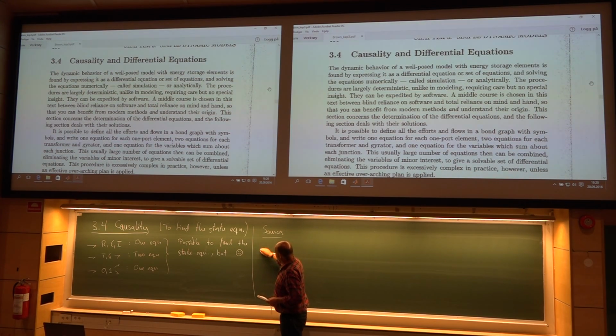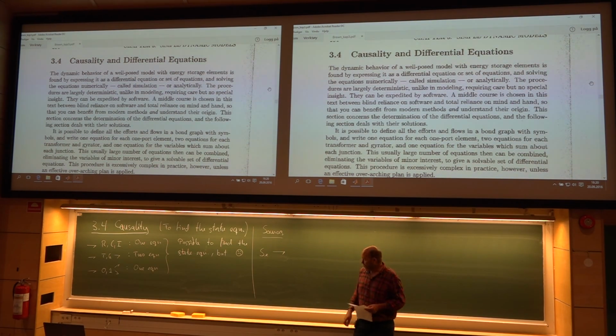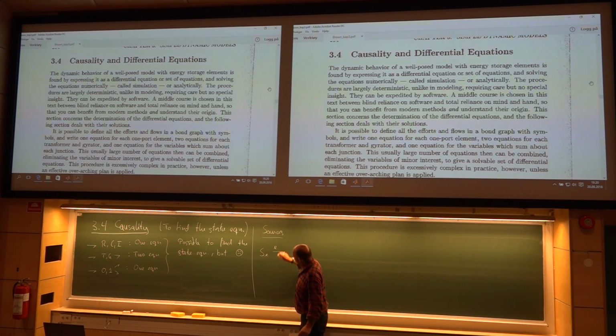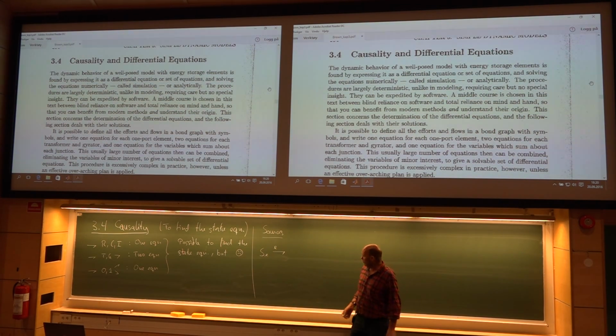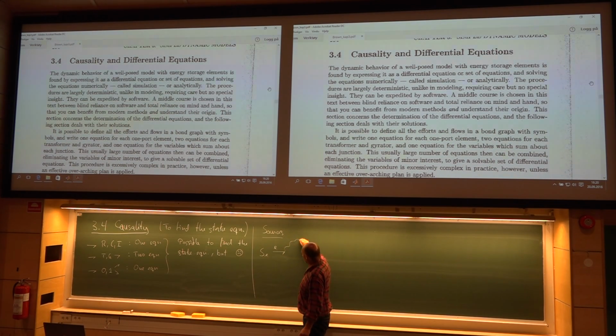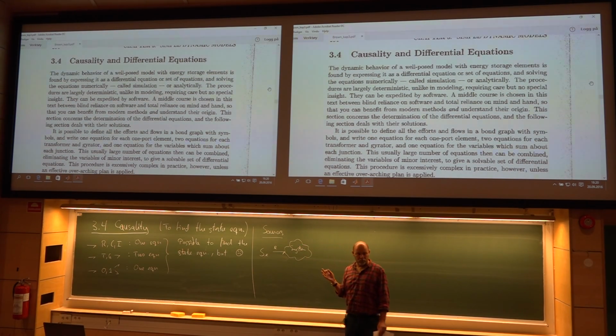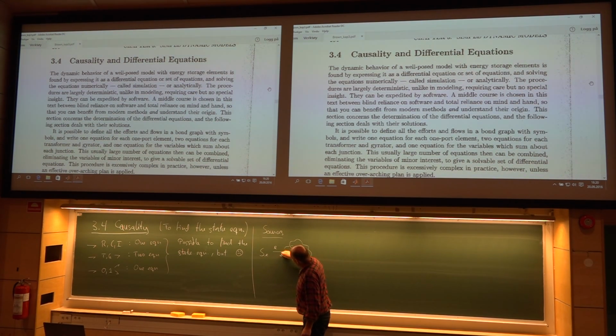Start with, say, an effort source here. And this effort source sort of gives an effort, and this effort is now attacking an entire system, whatever that is. System can be a big, complex problem. And now, if you are pushing this effort into the system, then the system can respond with this flow, Q dot. So here, effort causes a flow.